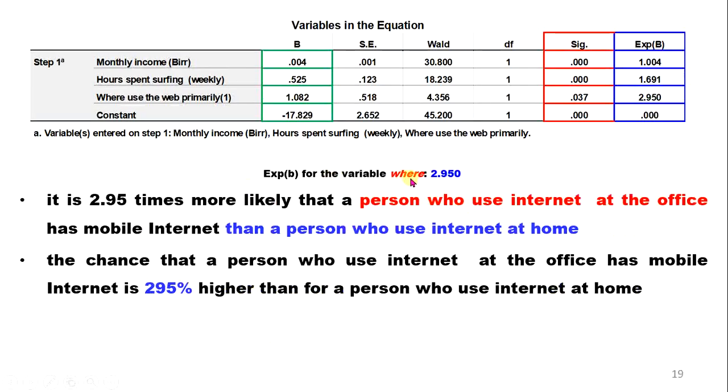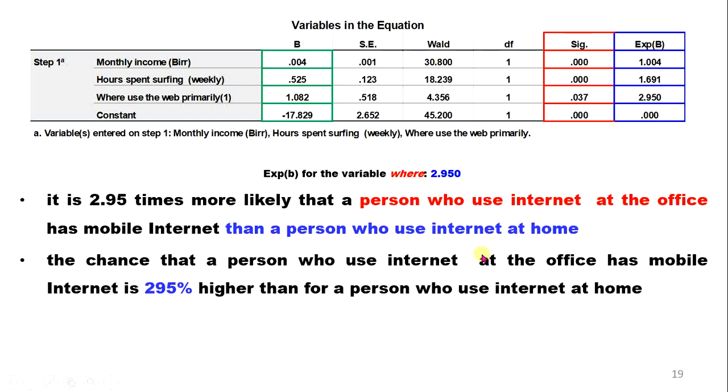ይሄ ማለት ዌር የሚለው 2.95 ነው አለ የመጣው it is 2.95 times more likely that a person who use internet at office has a mobile internet than a person who use internet at home ማለት ወይም በሌላ አባባል እንደማለት ነው the chance that a person who use internet at office has a mobile internet is 295% higher than for a person who use internet at home ብላችሁ ኢንተርፕሬት ታደርጋላችሁ ማለት ነው። ምክንያቱም ይሄ እንግዲህ መለየት